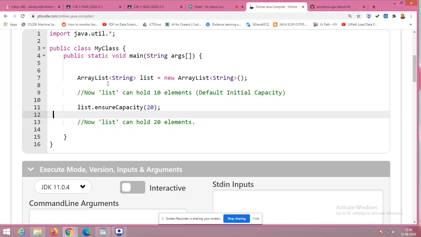See, understand this. This could be an interesting MCQ. The default or initial capacity of an array list is 10 elements only, if I give empty parenthesis. If I'm going to increase the capacity, I need to use ensureCapacity, so that the list can hold 20 elements.